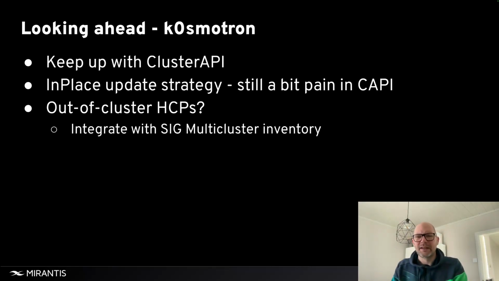There are some use cases where people would want to spread the hosted control planes across different clusters. So for example, for some very highly regulated users, you could run a dedicated cluster for a dedicated control plane. So we're looking now if that would be viable to implement,